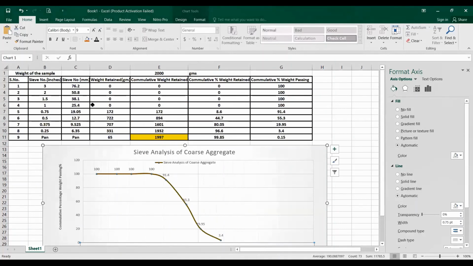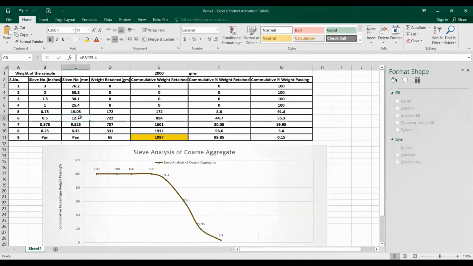So you can see in the sieve sizes which type of material you are getting in your sieve analysis of coarse aggregate. So you have mostly material of 12.7 millimeter in size, fraction size 9.52 millimeter, 5 millimeter in size, and 19.05 millimeter is in a small amount.